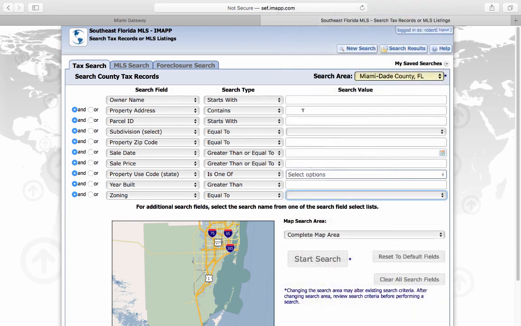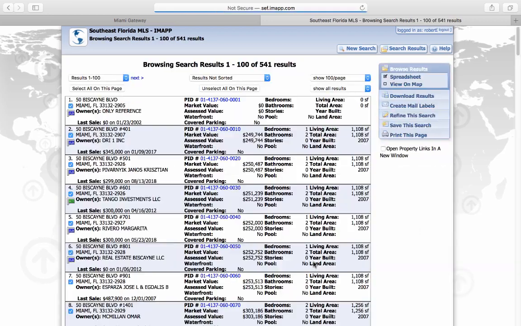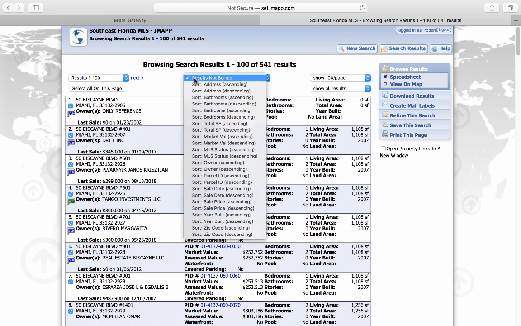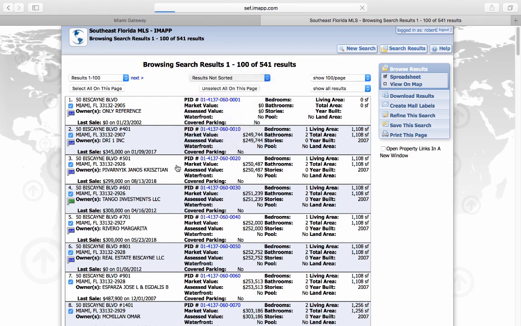To look up a building is very simple. Let's go ahead and look up a building like this one right here, 50 Biscayne Boulevard. All right, so by putting in 50 Biscayne and I hit start search, this is a building with 541 units. Now, again, I'm going to sort by MLS status ascending, and what you're going to see is that you have